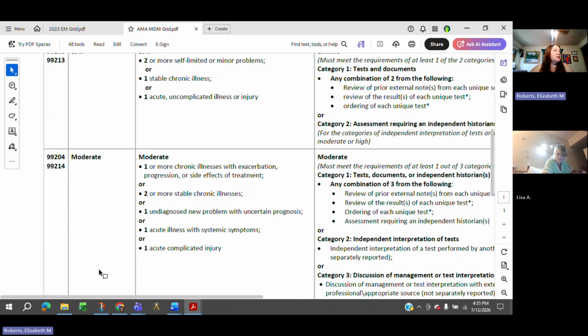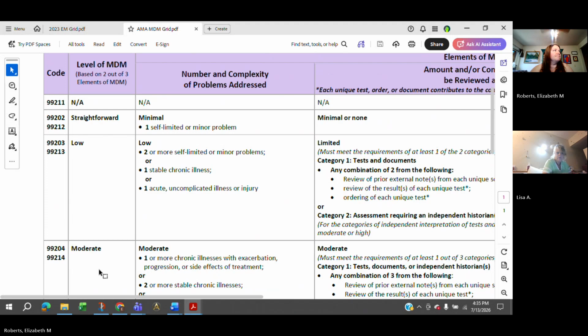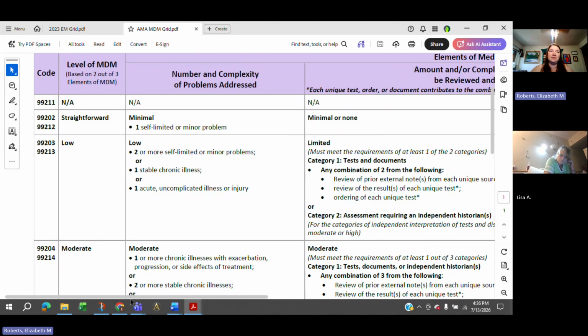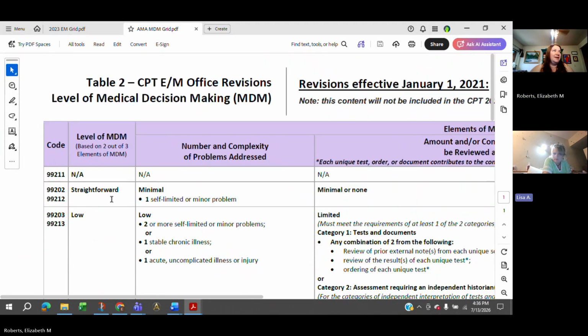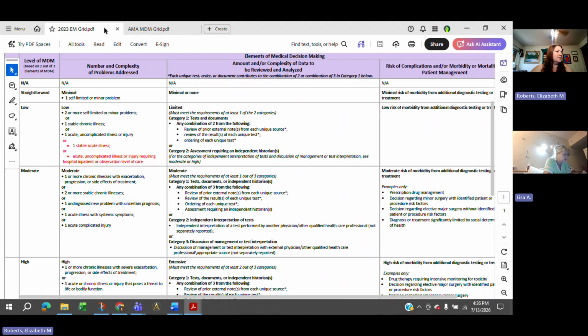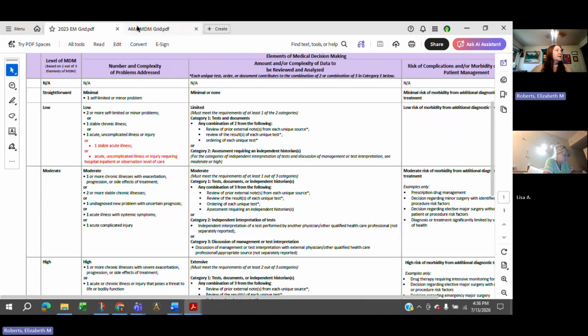I guess I have 2 different versions. This one with the actual code on it is only for office visits, but the levels, straightforward, low, moderate, or high, are going to be elements for any kind of E&M service. It's just that this one has those office visit codes. I like that one better than the one we have here. It's pretty nice. This is way easier, believe it, than it used to be. Where did you find that? I don't know. Can you send it to me? I didn't realize it was different. Yeah, I can send it to you.